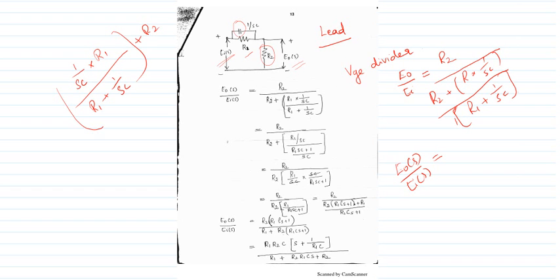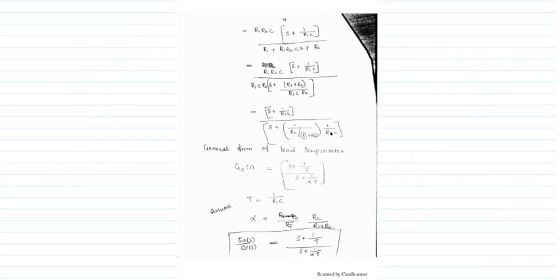So from this particular term, the next step is we have to bring it into the S plus 1 form, right? Only because of that we are bringing outside R1, R2 and C. So you'll get R1, R2, C of S plus 1 by R1 into C, right? The overall divided by R1 plus R2, R1 CS plus R2. So the next equation is R1 R2 C of S plus 1 by R1 C overall divided by R1 plus